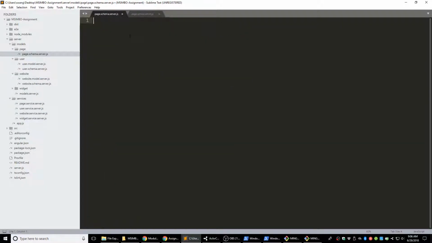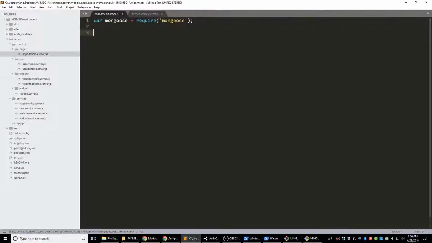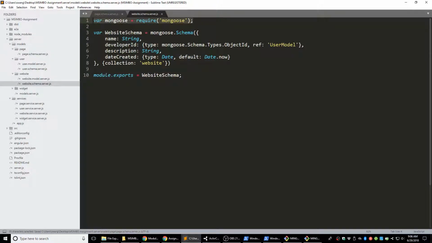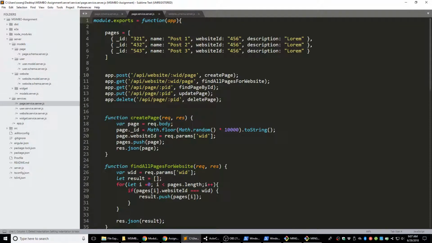So let's make it in the schema file. We can use website as an example here. We're going to need Mongoose, so let's import that. We're going to need to create a schema. It's a Mongoose schema, so let's change this website schema to page schema. And in the page schema, what do we need here? I think we need a name, right? We don't need to put an ID for it. If we don't put an ID, the Mongo database will automatically generate a random ID for us. The name,